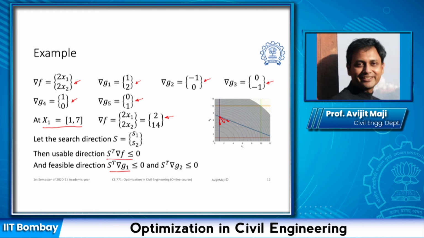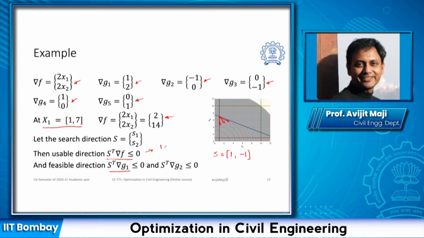So if we choose a direction, in this case equal to (1, -1), and try to see the value, then we know that (1, -1) is going to give me a negative value for this component,